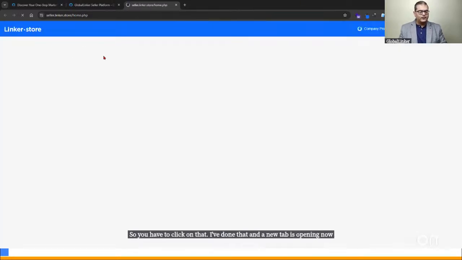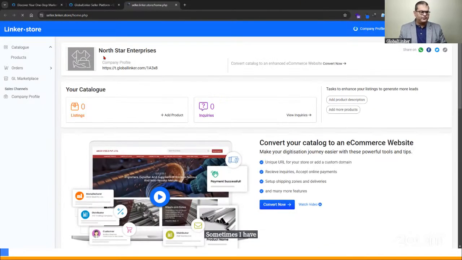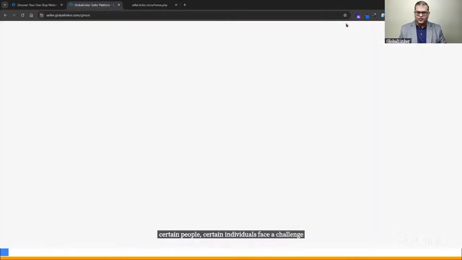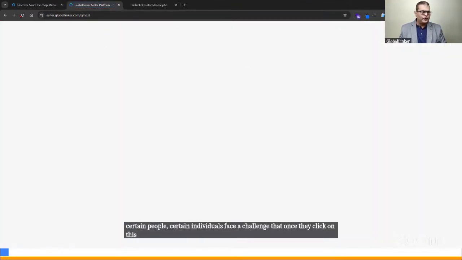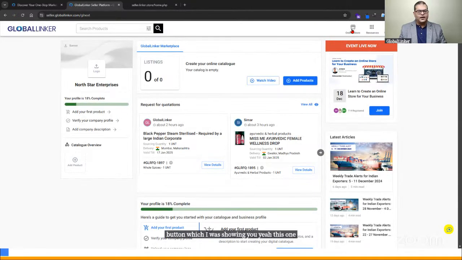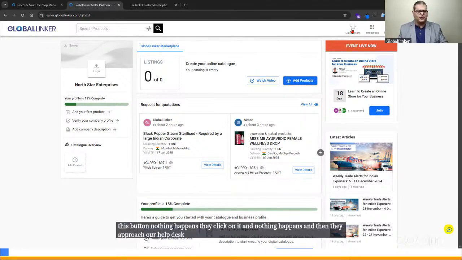Now, sometimes I've observed that certain individuals face a challenge: once they click on this button, nothing happens. They click on it and nothing happens. And then they approach our help desk saying your system is broken.